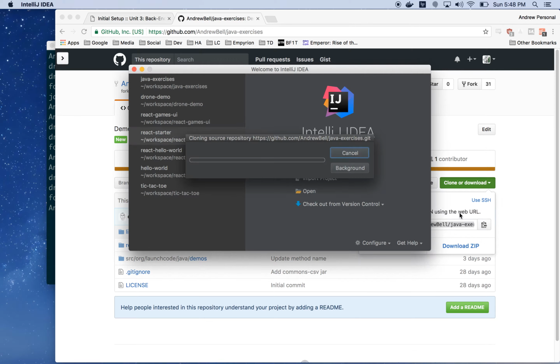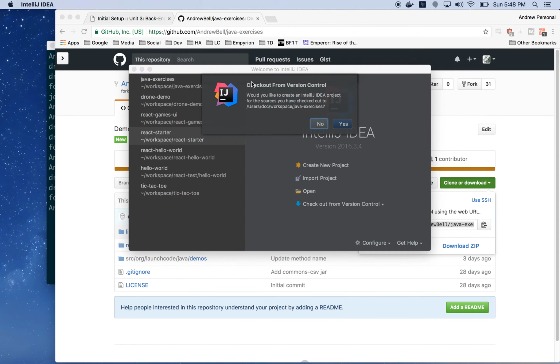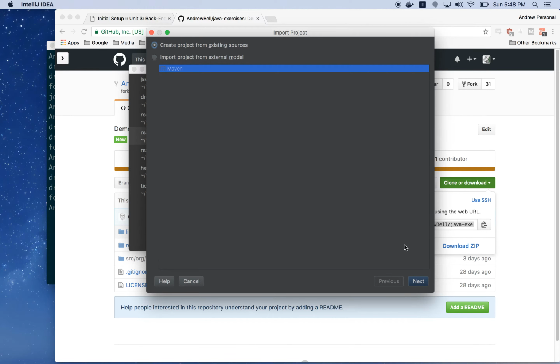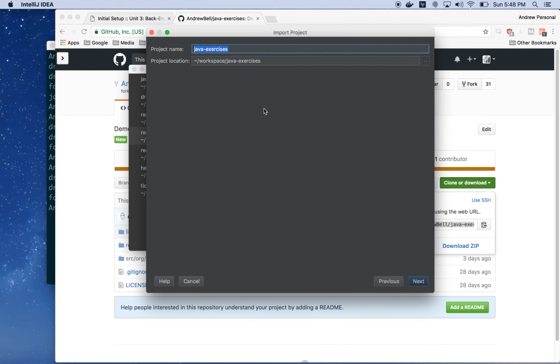If we go ahead and hit clone, the important step here is it's going to ask us if we want to check this out from version control and create an IntelliJ project with this, and we do, so click yes. This is going to import our project into IntelliJ,